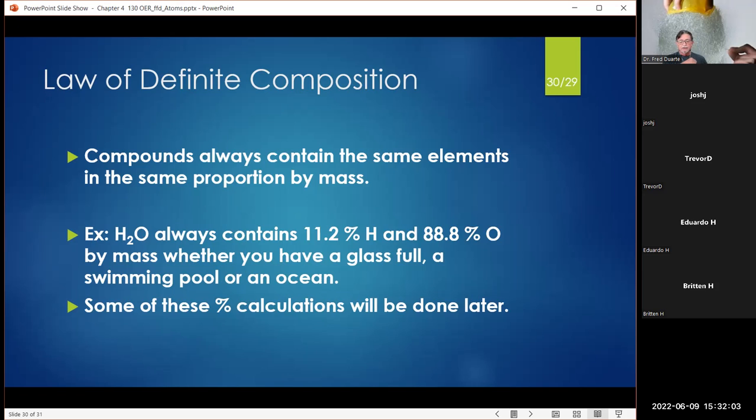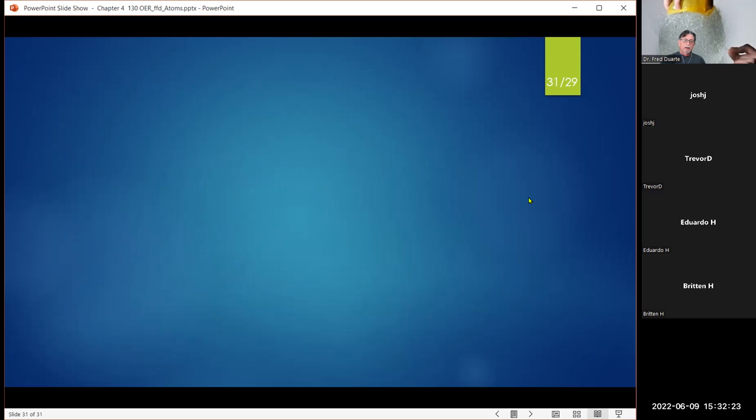Some of these percentage calculations are going to be done later, but it's the same principle I just talked to you about. Once I know the total atomic weight, I figure out the atomic weight of each of the atoms that play a factor in the compound and divide it by the total times 100, I get the percentage, okay? All right. That brings us to the end